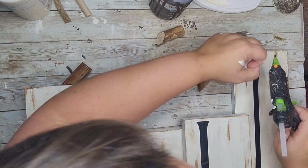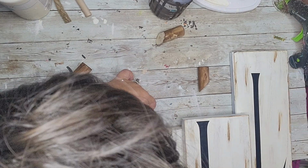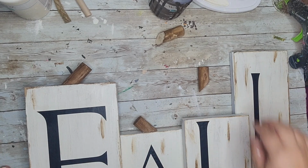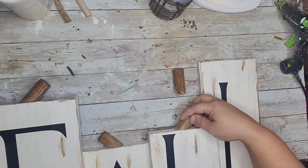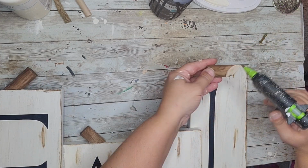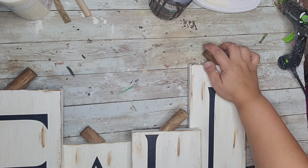And I'm just using hot glue to attach these. It works out fine. And then I'm going to have the second one, sorry about my head, facing the left. And then again, I'm just going to repeat it. This one facing the right. There we go. And then the fourth one facing the left. You can see that it's really coming out. You might have even seen this piece in Hobby Lobby if you're an avid Hobby Lobby